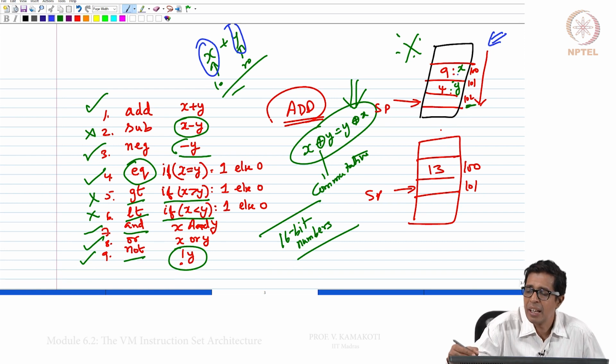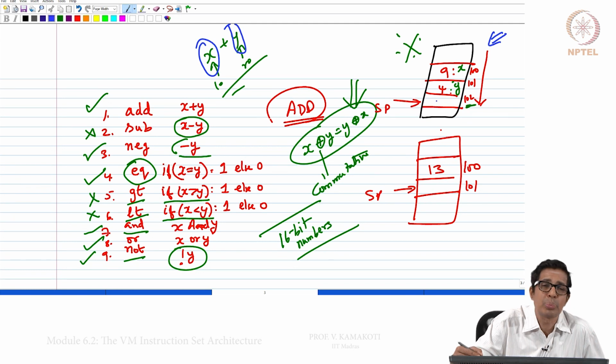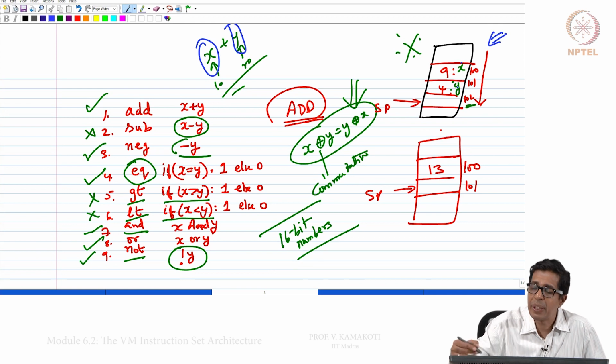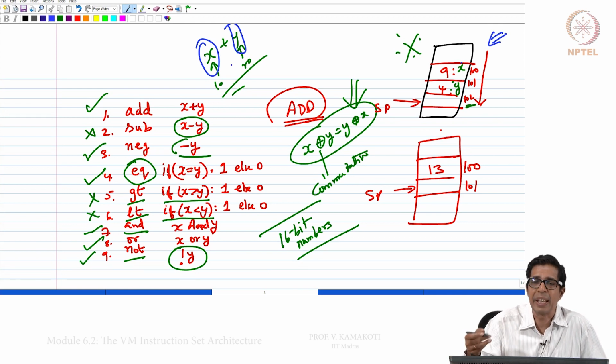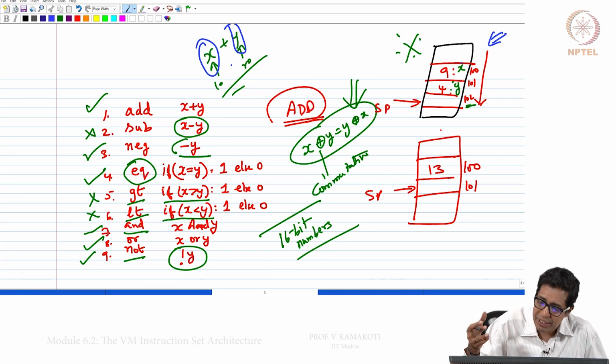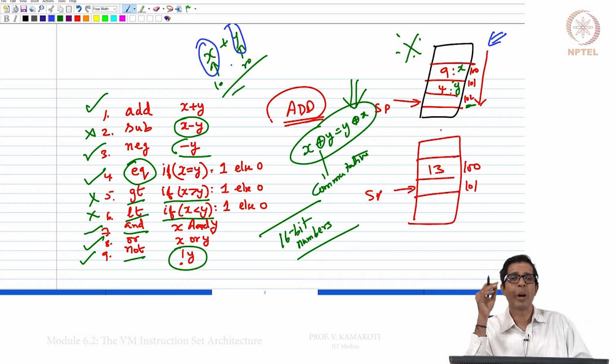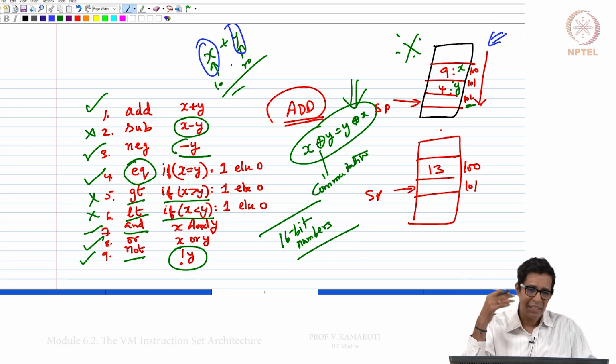So, basically in the stack, when I am working on a binary arithmetic instruction, the stack pointer always points to an empty location. The first element before that is y and then x. So always the right operand, which is y, is on the immediate top of the stack, immediately after the stack pointer, and x is behind it. We need to remember this because we need to handle non-commutative operations as a part of our entire development.